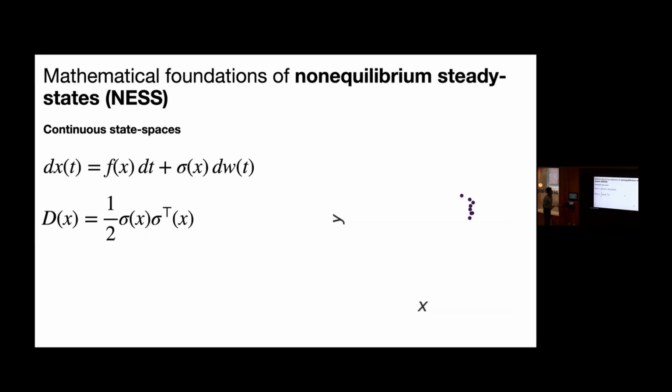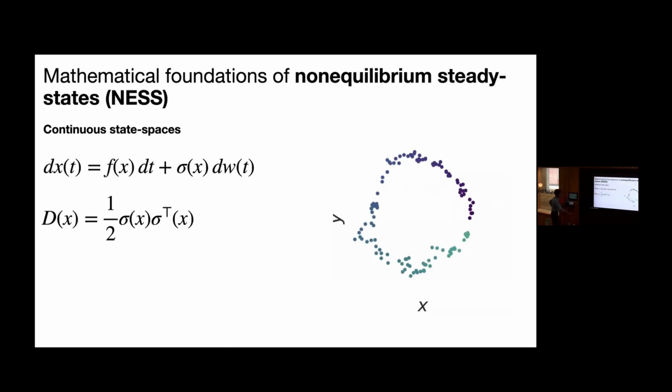Okay, so I'll start in continuous state spaces. So here we're typically in the realm of stochastic differential equations, which have two parts. So you have some state. This can be a vector, so it can be, say, the activity in a bunch of neurons, or it could be something that's moving around in XY space. And it's composed of two parts. You have the drift, which is the forces that are actually pushing this thing around, and then you have the diffusion, which is the random noise. And it's basically governed by a Wiener process. And then you put these two things together to give you the diffusion matrix.